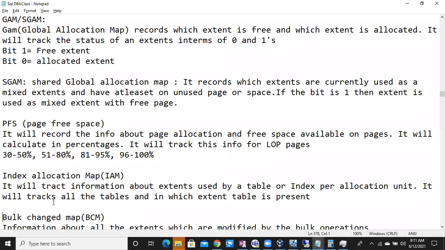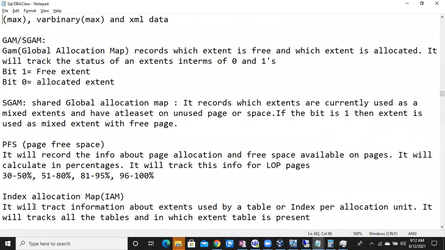Okay, you will feel a little bit of difficulty in understanding these things, but again I'll help you a lot. What we can do is I'll try a postmortem of these pages. I'll try to explain what each page will do and what each page will store. I'll try to elaborate on it.